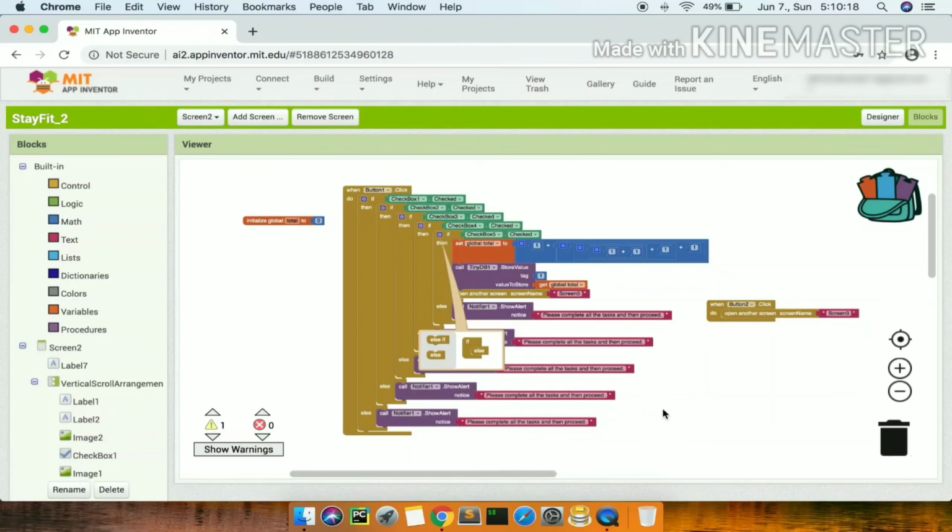Okay, so I have used an else condition here. If we use else if, then we'll get an extra then for doing the task, but this else is a part of the then condition only, so don't worry about that. So the else condition is called notifier. I am checking only checkbox 5, so Checkbox5.Checked: if checkbox 5 is checked, do this. But if checkbox 5 is not checked, if it is not ticked, then it will call notifier.